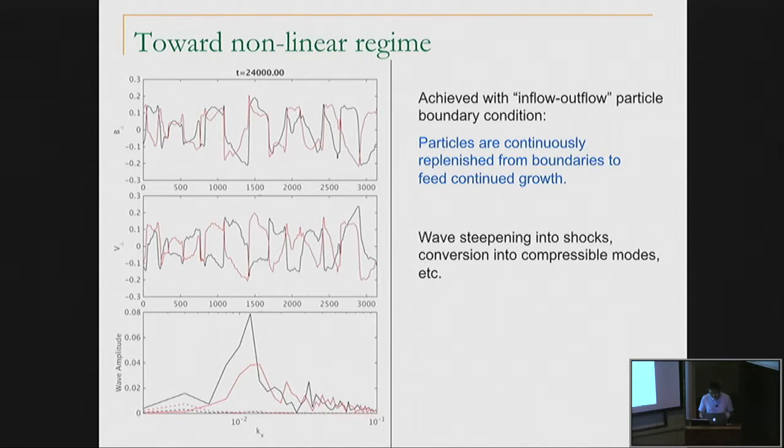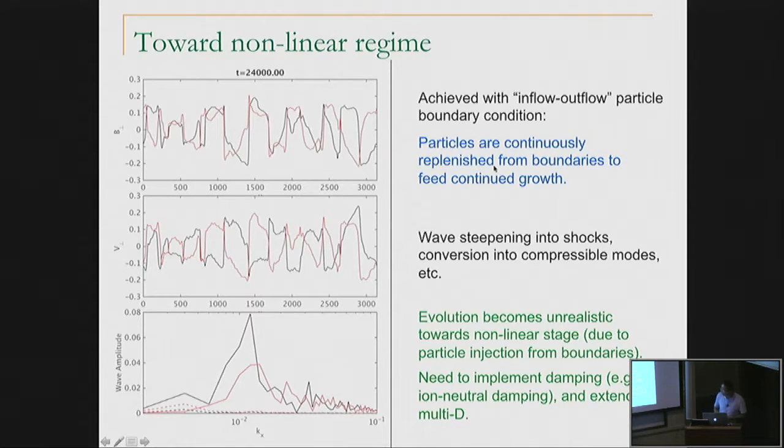So this is, again, just a very initial study, but the first time that we are able to simulate this instability from computers. Still, at the point where the system becomes nonlinear, our boundary condition where we continuously replenish particles from the boundary becomes somewhat unrealistic, because at this point all particles are very substantially scattered, but you're still injecting non-scattered particles from boundaries. But anyway,